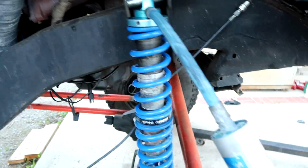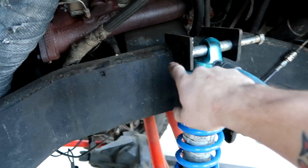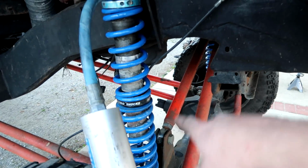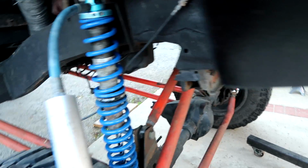So I need to go that way, like over with the truck a little bit, that way I can clear this bracket so I can put this bolt in. After that, we should be good. So I'm gonna get down there, adjust the cross drag link bar, whatever, track bar, whatever you want to call it, and just get it so I can